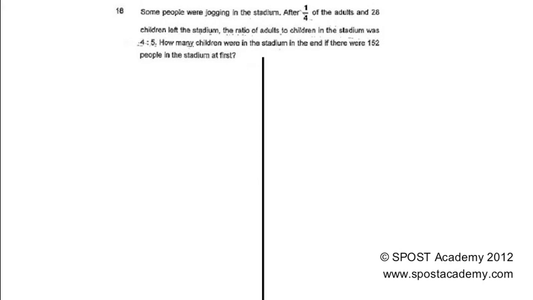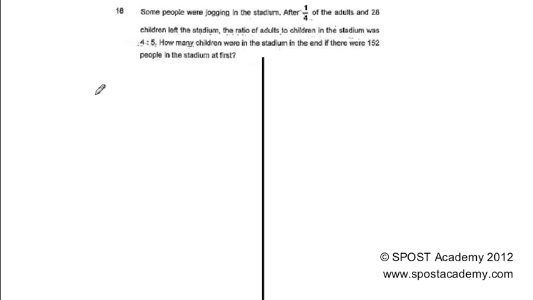Some people were jogging in the stadium. After one quarter of the adults and 28 children left the stadium, the ratio of adults to children in the stadium was 4:5. How many children were in the stadium in the end if there were 152 people in the stadium at first? So after one quarter of the adults and 28 children left the stadium, we need to